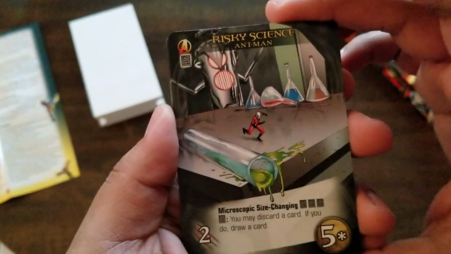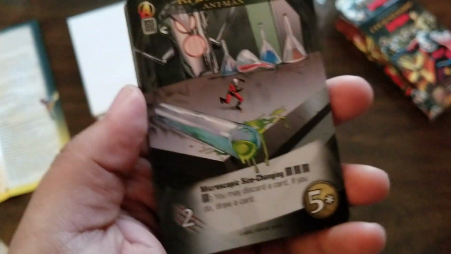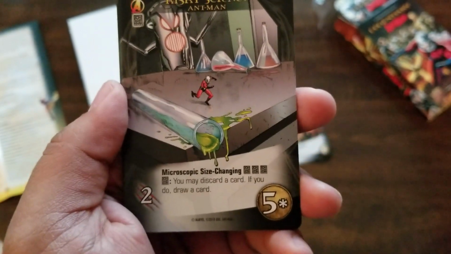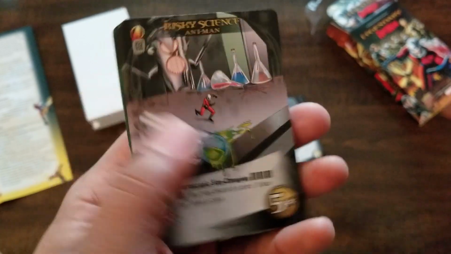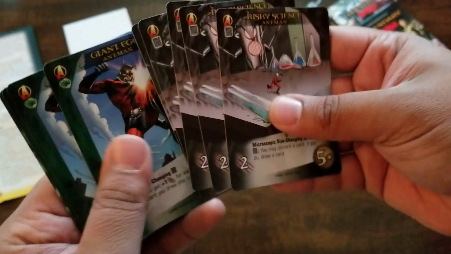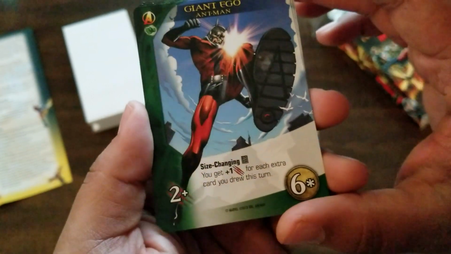His other common, Risky Science. Size changing, 3 tech. You may discard a card, and if you do, draw a card. So in this case, if you have 3 Tech Heroes, he costs -1 to recruit, so you actually gain a recruit for recruiting him. Nice. Okay. We have Giant Ego, Ant-Man,